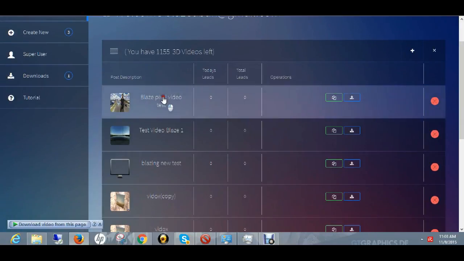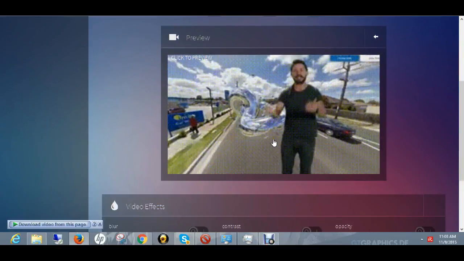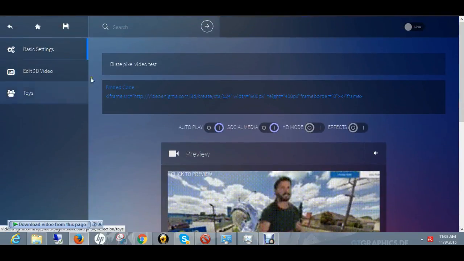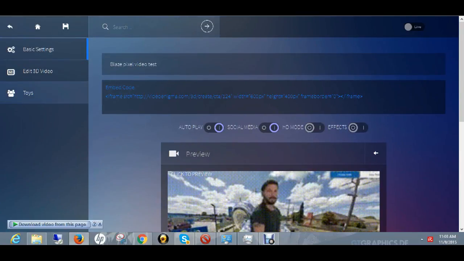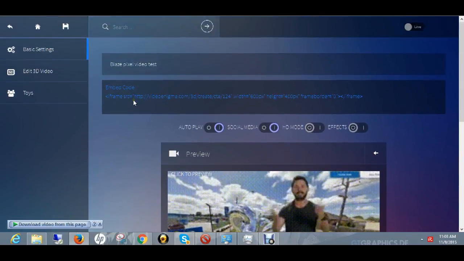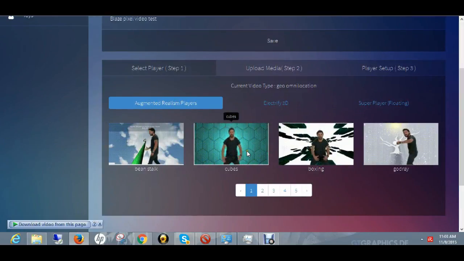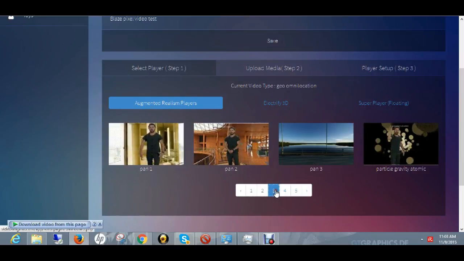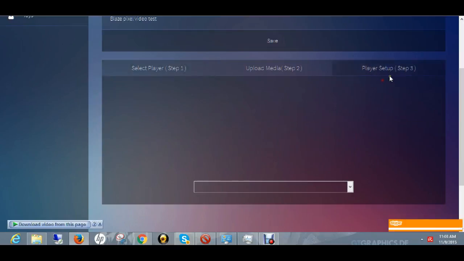Okay, let me show you one more. I'm trying to show two systems at once. I'm trying to show the OTO system and the front end system at once in one video, which is a little bit difficult. So let me try and show you more of them. Pan one, under player setup, you can select